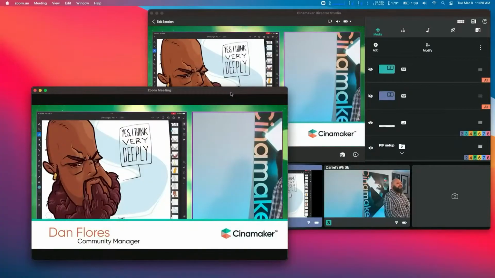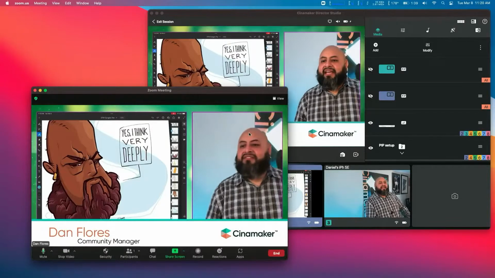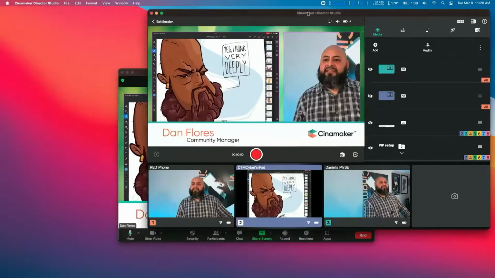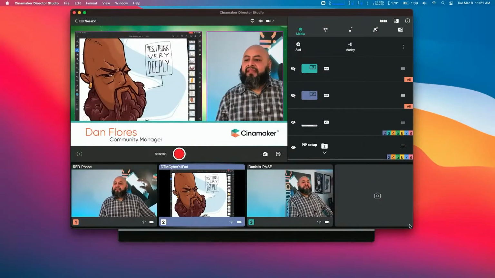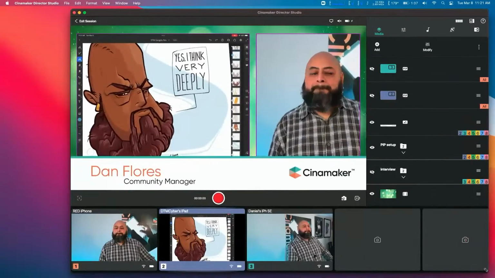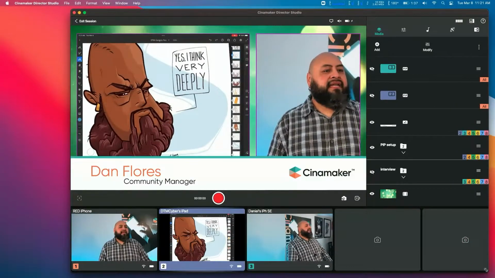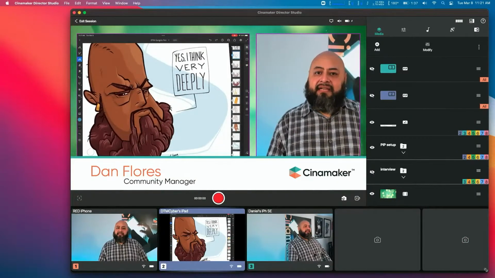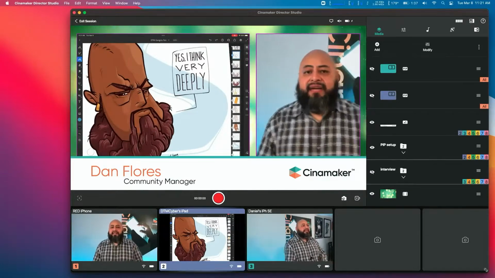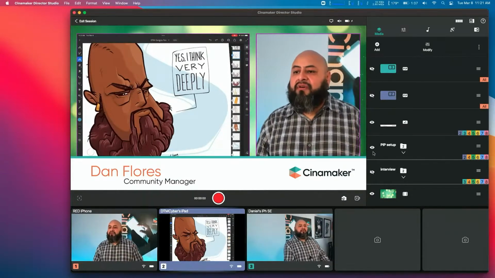So now let's go ahead and move on to the big red button. Are we ready? Let's go. Boom. So now let's go ahead and move this out the way and focus on Cinemaker. Bam, I like it. Now, are you ready to go live? Click on the big red button. Not ready to go live and just want to record? No problem. Click on the